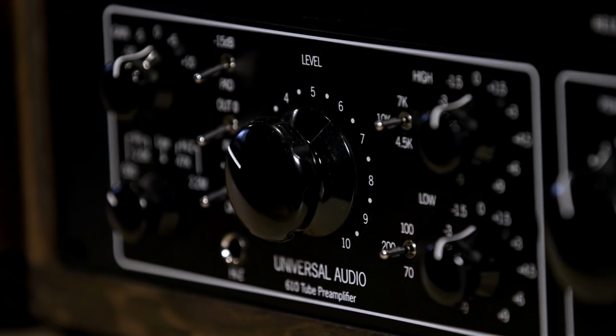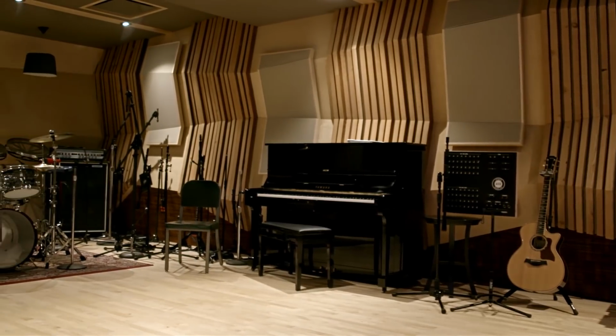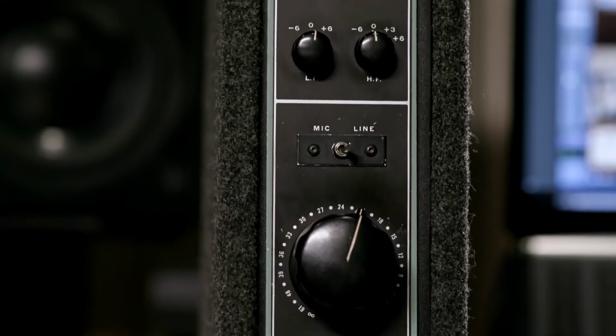Today we're going to talk about some of the history of the company through the lens of one of our favorite products, the 610. In fact, we're here in the 610 recording studio, actually named after the console. We actually have one of the original modules here. The real context and